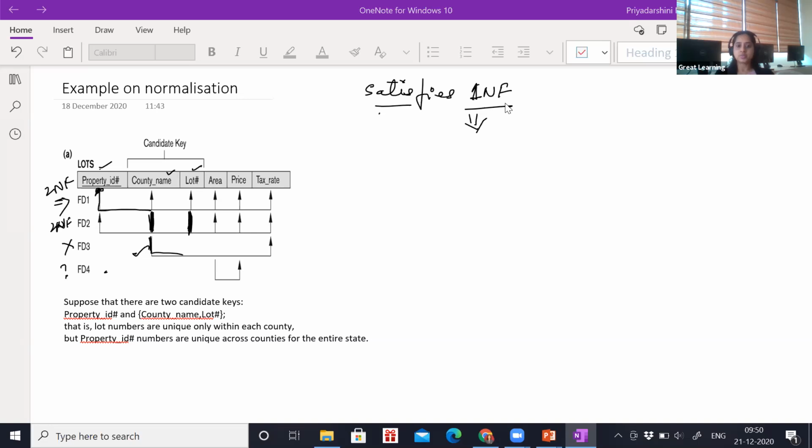Only the FDs which are violating should be decomposed. Now, can you tell me which is an FD now? From this FD, it has been normalized to 2NF. So, what is the FD here? Property ID, county name,